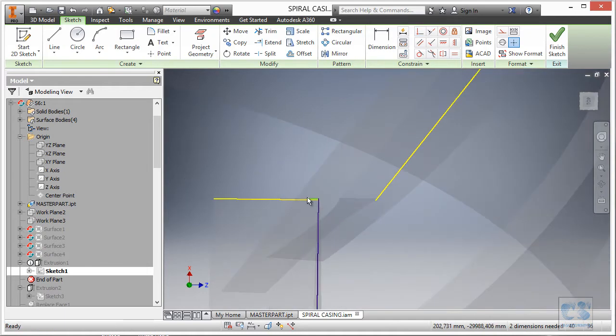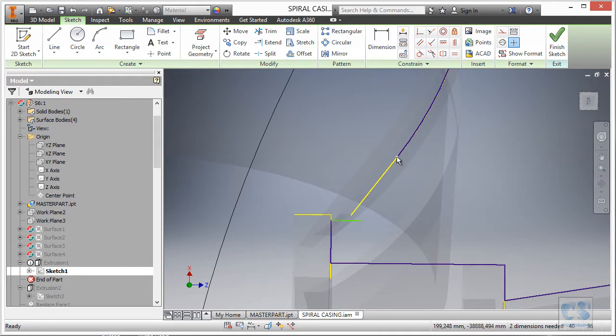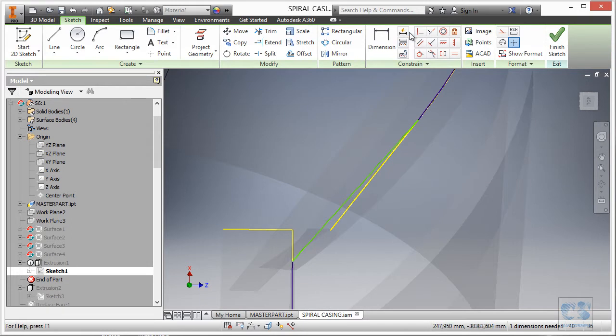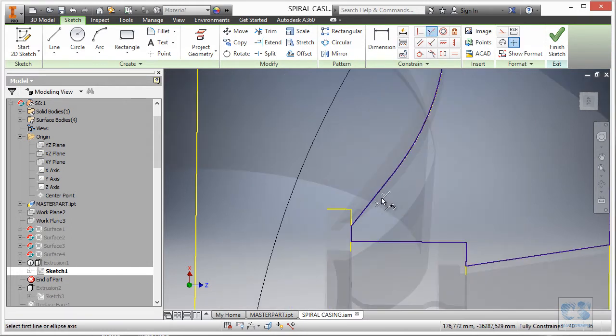Maybe we should just go from this to somewhere like so. I will make sure that I remove this horizontal constraint and this perpendicular also, and then we can connect this endpoint to this one, and we make sure that these two lines are collinear if it is possible,